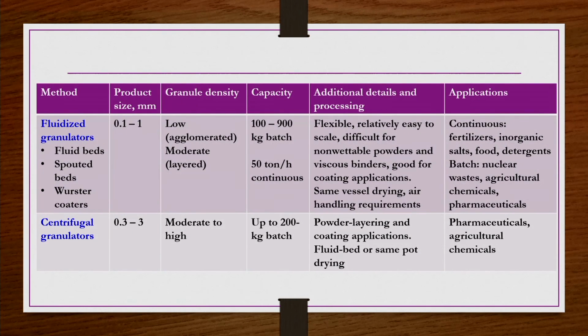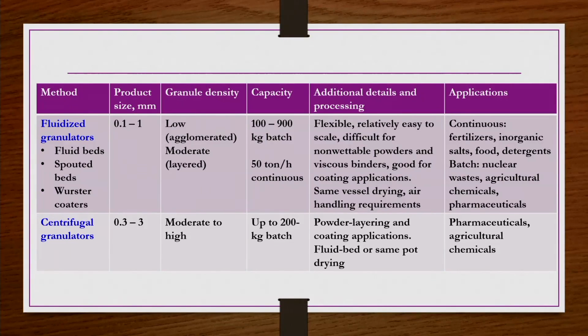The next method of size enlargement is fluidized granulators. Under the fluidized granulators we have three different types of methods available. One is the fluid bed, another one is the spouted bed, and the third one is the Wurster coater. They are not only for size enlargement; these fluidized granulators are also used for coating or layering kinds of applications. And these fluidized granulators in general are good for producing product of size 0.1 to 1 mm, and then